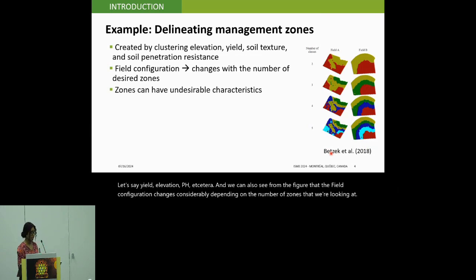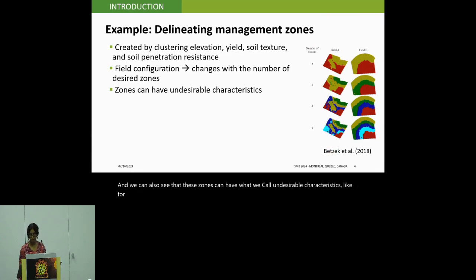And we can also see that these zones can have what we call undesirable characteristics. Like, for example, they can be non-homogeneous, they can be fragmented, and also have irregular shapes. And these are all challenges when we want to apply these zones into practice and make them compatible with agricultural